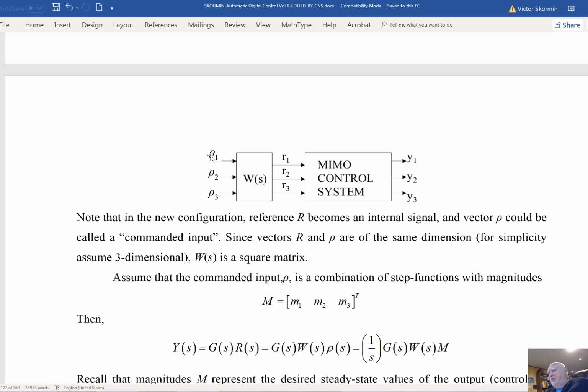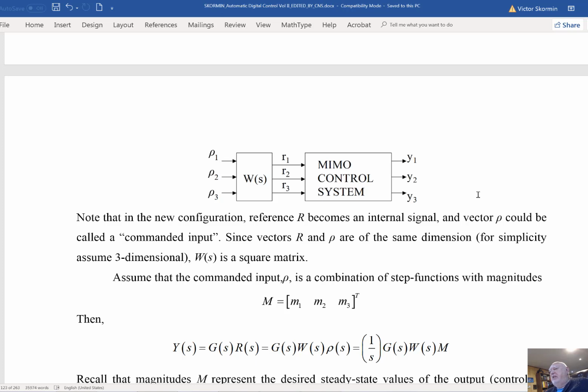However, those inputs to the reference are at your complete control. And if this filter is properly defined, what will happen is this. If you apply a unit step at the input ρ1, this unit step will result in increments of R1 and R2 and R3. However, these increments mathematically will be defined in such a way that only Y1 will change and Y2 and Y3